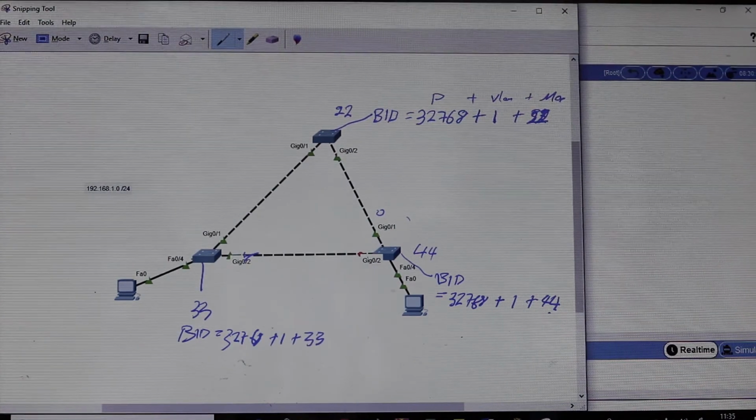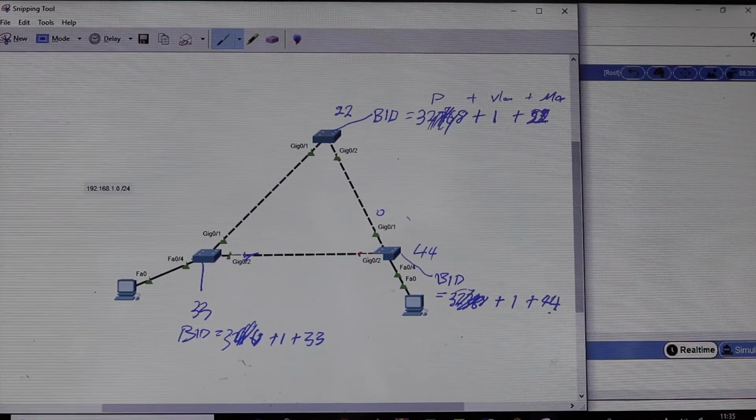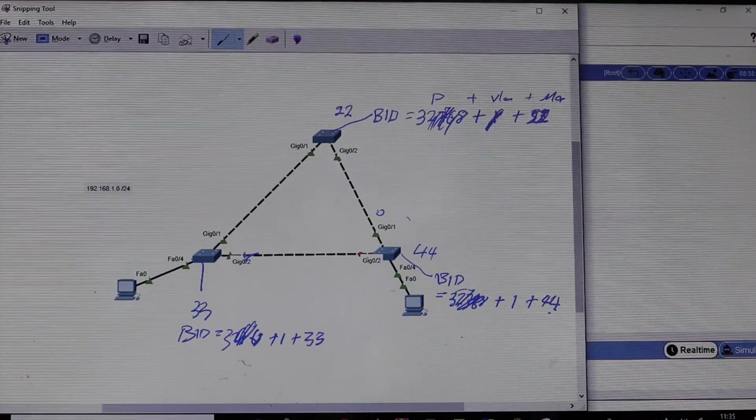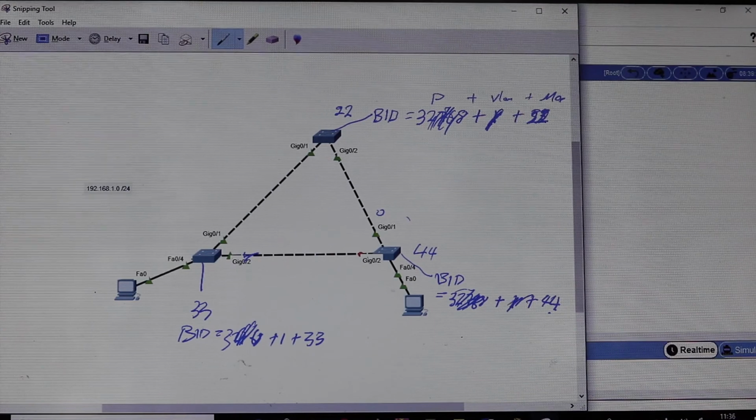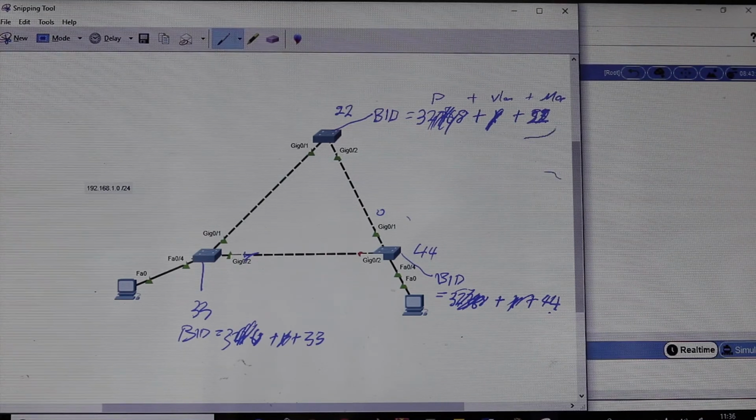Now let's cancel out the priorities because they are the same. So this one will cancel this and will cancel this. Is that also? Yeah. What about the VLANs? Are they not the same? Yeah. So they also cancel each other. What is left? The MAC addresses. So spanning tree is going to leverage on the MAC address. You have the lowest MAC address, so you are going to be the root bridge.